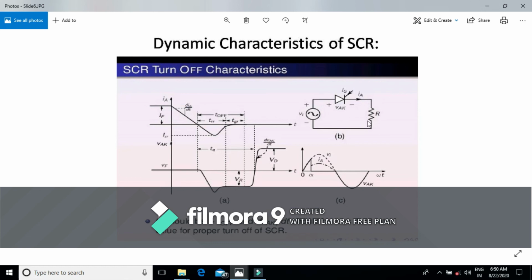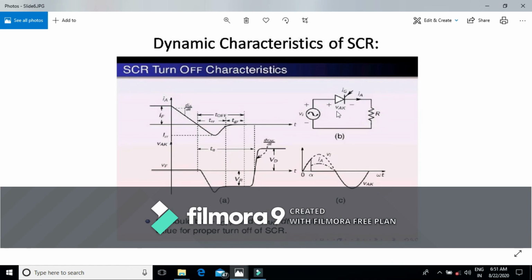If the current in this series circuit is zero, the output current across the load will be zero. If the current across the load is zero, the voltage across this resistive load will be zero. Both IA and V output will be zero. Initially, in the positive cycle, V output is equal to 0 from 0 to alpha, and from alpha to pi it's equal to V input, that is, the forward voltage. During the negative cycle, the output voltage will be equal to 0 because the current across this circuit is 0.